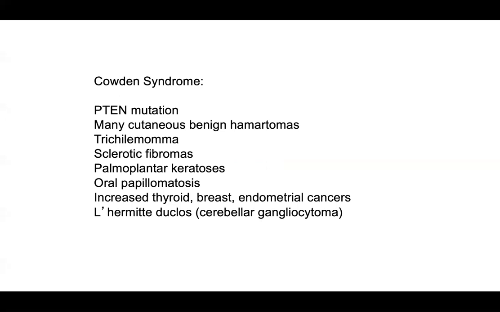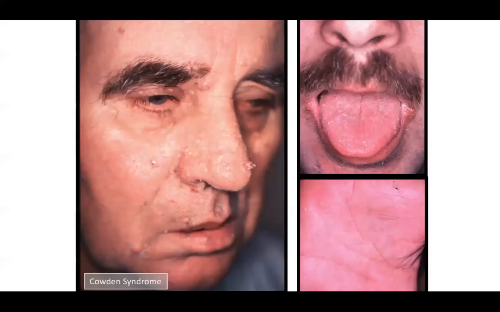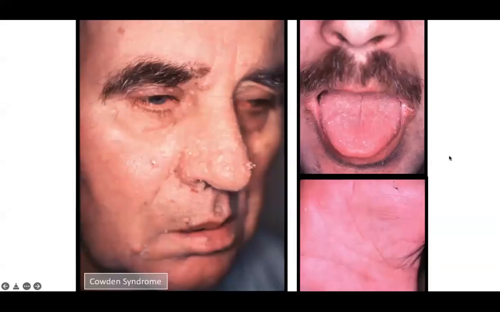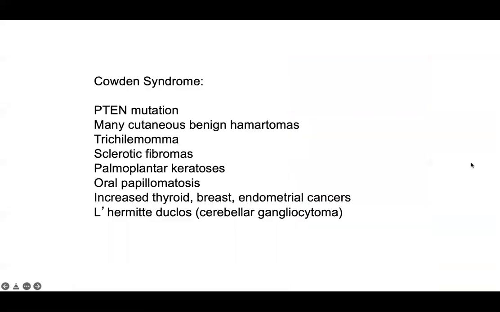They have many benign cutaneous hamartomas, like I said, trichilemmomas as well, the adnexal tumor that we've gone over in different discussions, and we will do an adnexal lecture to upload pretty soon. Sclerotic fibromas, as I mentioned, which we'll show an example of. The palmoplantar keratoses, which you can see here on this bottom right picture. The oral papillomatosis, which you can see on the top right picture. And unfortunately, patients with Cowden syndrome have increased risk of thyroid, breast, and endometrial carcinomas, to name a few, as well as cerebellar gangliocytomas and